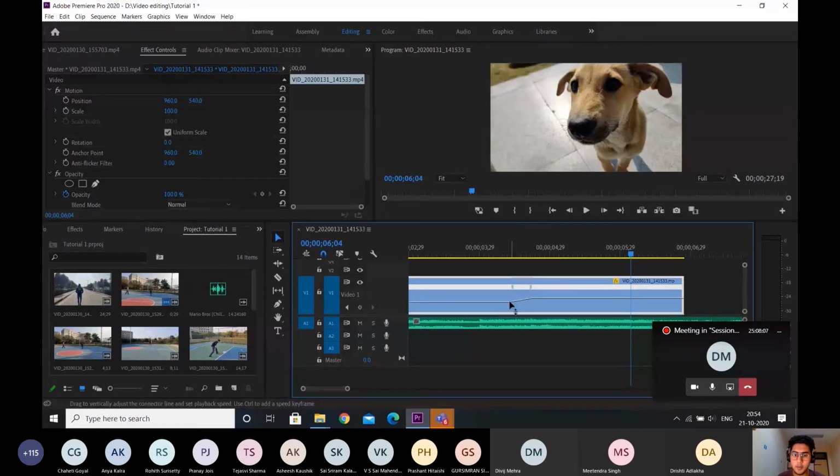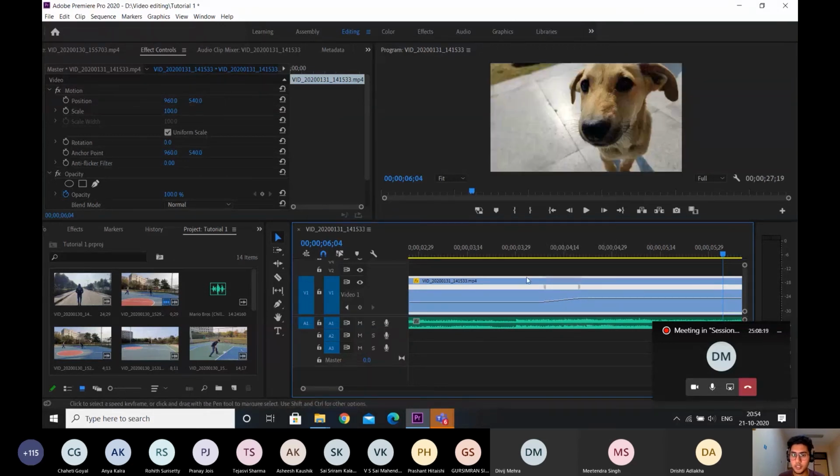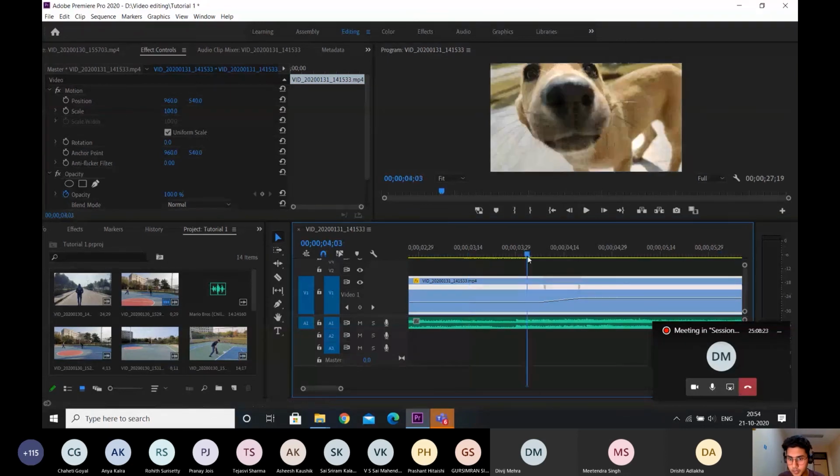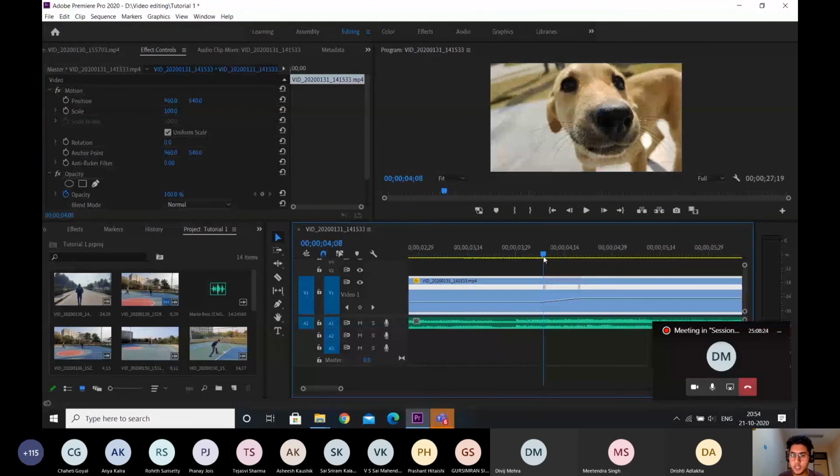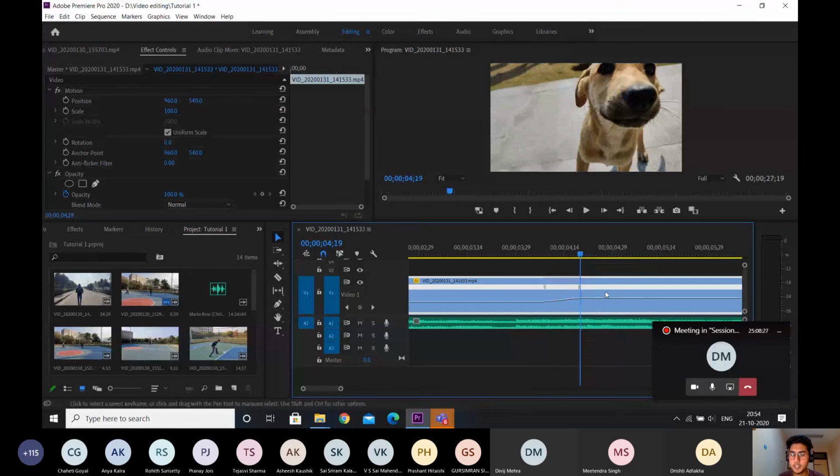Now what is happening is, if you can see it clearly in the video, the line is straight, then it tilts upward, then again it's straight. So now the change is gradual. I'll drag it a little bit more to increase the time of the change. Till this particular time the speed is 40%, and at this particular time the speed is 110%, and during this duration it is changing from 40 to 110 gradually.